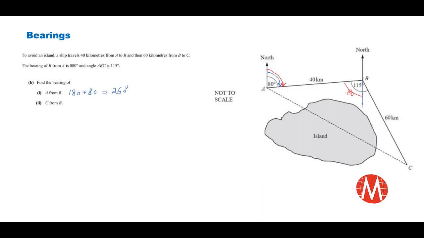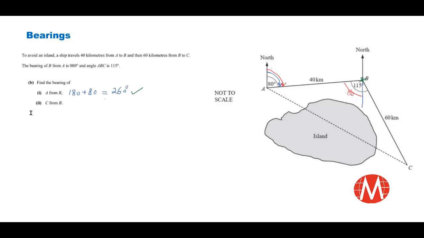Okay, now the bearing of A from B, that is, you are over here, it will be this much. From here to here it is 80, and from here up till this road, the road which is going towards A, is 180 plus 80, which is the same answer here, 260. I hope you understand this.